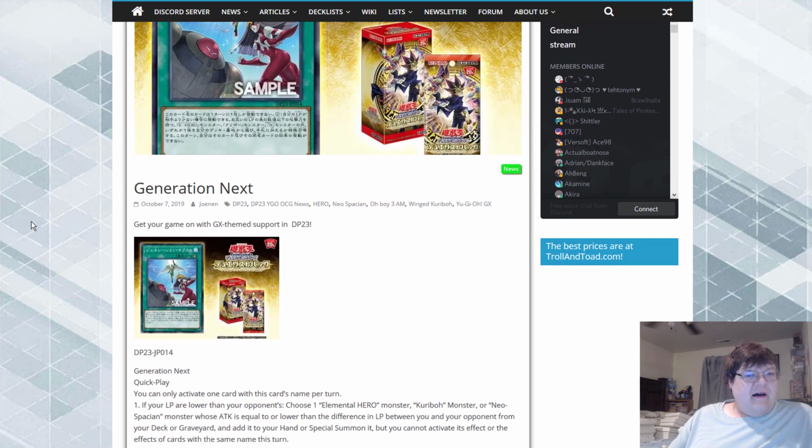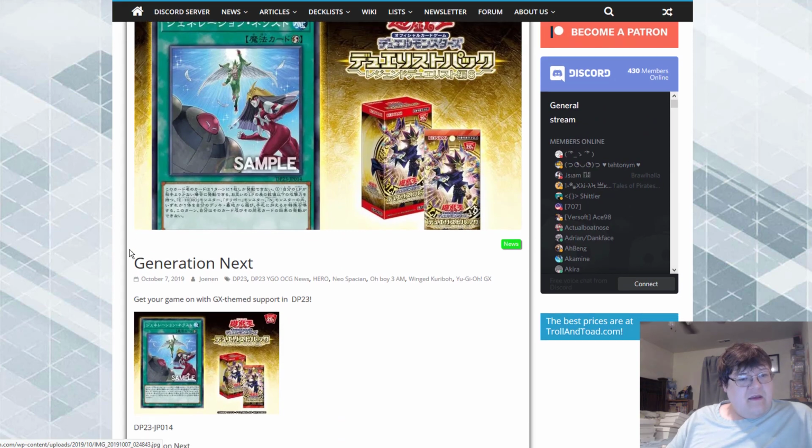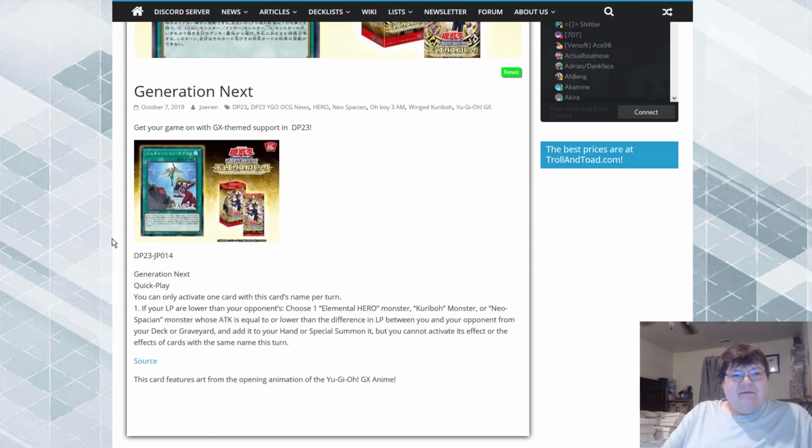Generation Next. Alright, so this is our GX era theme. Hello, friend. Get your game on with the GX theme support in DP 2013, or 23, okay. So you can only activate one card with this card's name once per turn. Oh boy, here comes the hard ones. If your life points are lower than your opponent's, choose one elemental monster, Karibo monster, or Neospatial monster whose attack is equal to or lower than the difference in life points